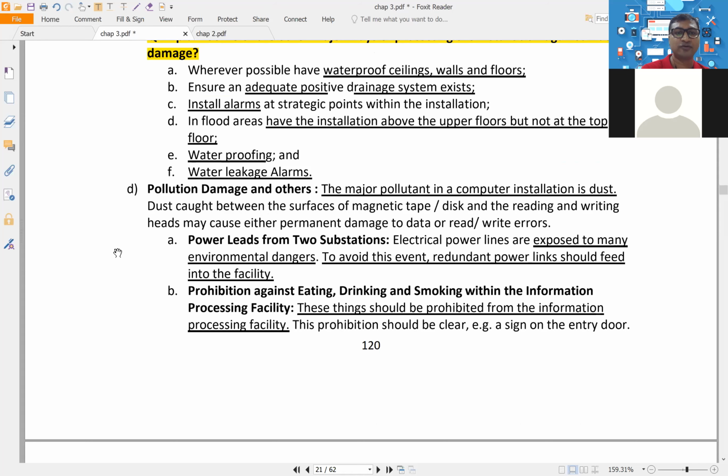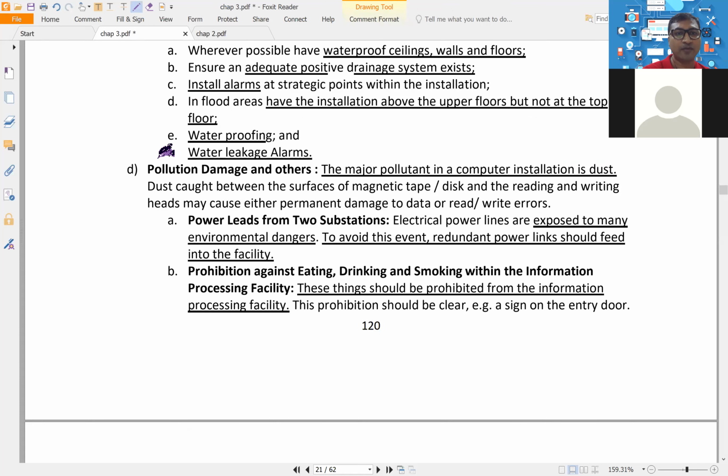Apart from that, dust is nothing but one form of pollution damage. Now pollution damage here doesn't mean breathing problems for the computers. Actually, when dust accumulates over your motherboard and CPU, obviously it will create a breathing problem for them also, because the heat which they generate will not go out, and internal damage will occur to your processor, motherboard, RAM or any circuits. So that's why you should be very careful. In big companies, every 3 months they clean their computers with blowers.